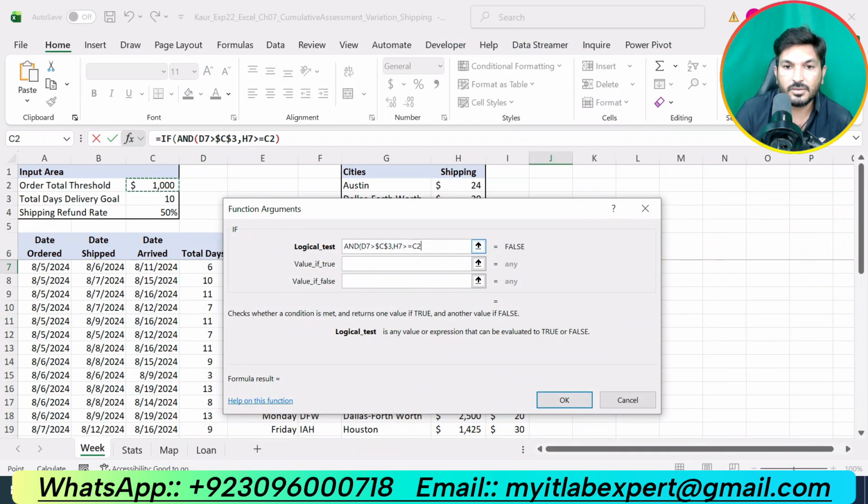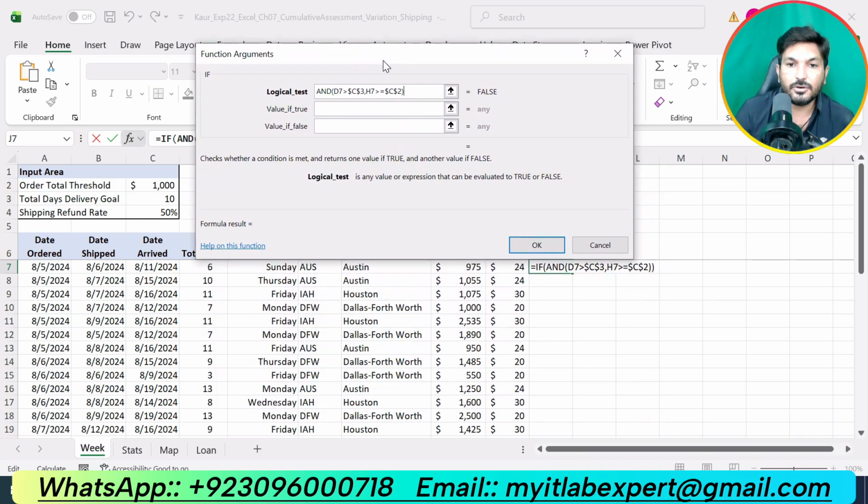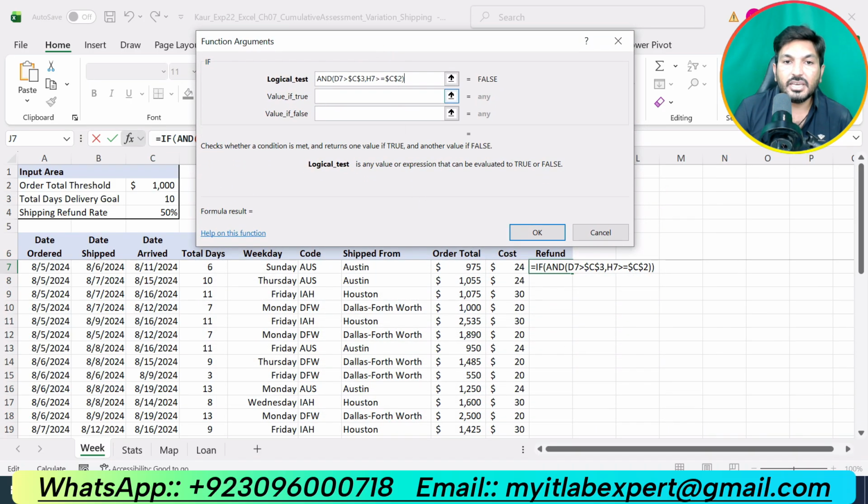Okay, so let me repeat it again. We are checking two conditions. First one is if D7, that is the total days, is greater than C3, that is the total days delivery goal. And if H7, that is the order total, is greater than the threshold.